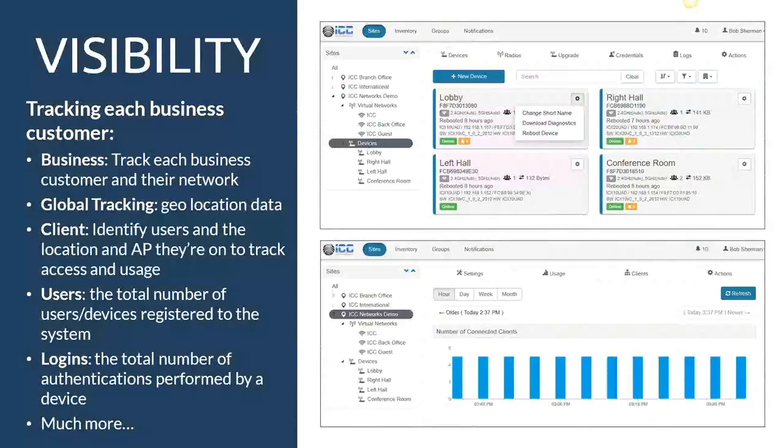And then from a support standpoint, what happens is that the business, from a visibility perspective, has the ability to very closely manage that customer environment. They can track each business. They can track them globally. They can identify the different customers. They can notice the total number of customers.